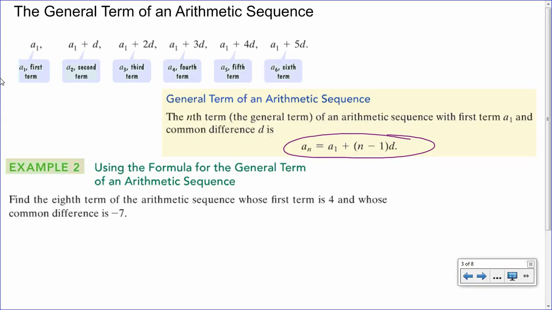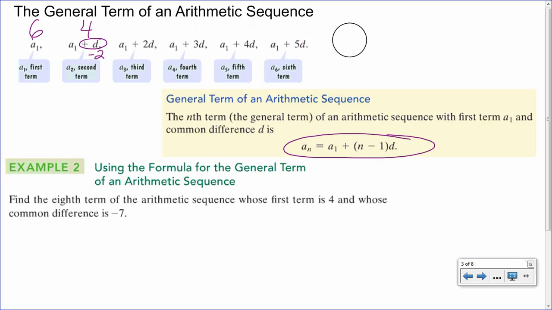So what was the first term of the previous sequence, Ruben? 6. Okay, so it's 6, 4, 2, 0, negative 2, and negative 4. And just keep in mind that the plus D just happened to be a negative constant, right? So we're just adding a negative number or subtracting, which is the same. So if you look at that,